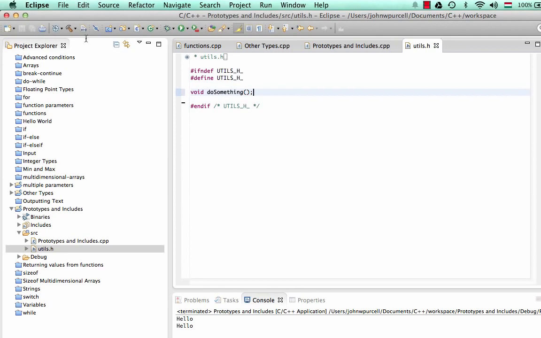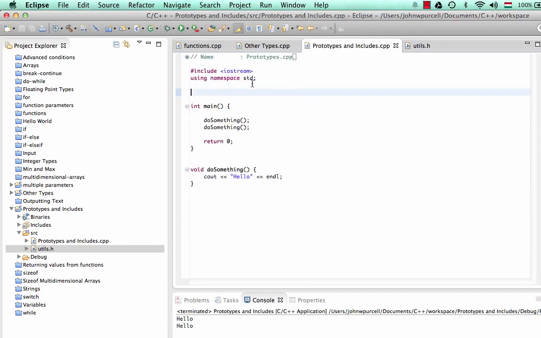Then I can save that. So I'm actually pasting it. You'll see there are lines here. There's a line that says define, and there's a line that says endif, and I'm pasting it between these two lines. So now we go back to prototypes and includes.h, and at the top of the file here, let's put